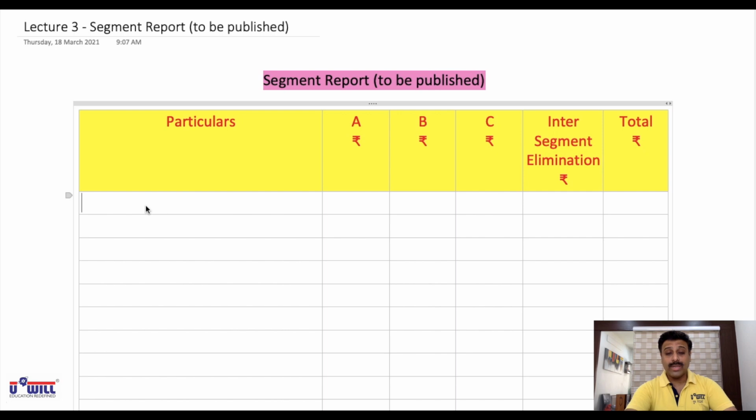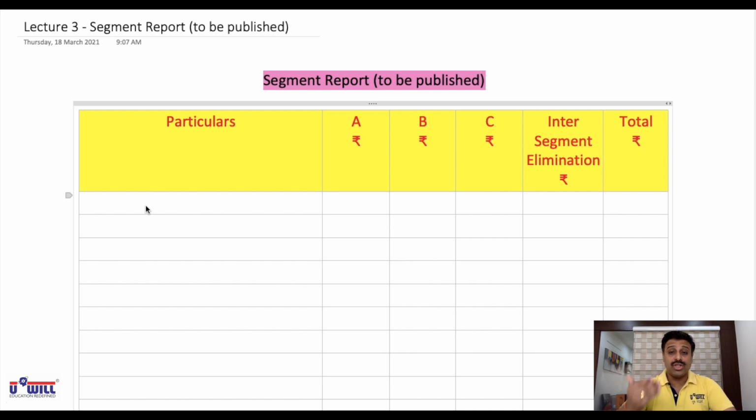I hope all of you are done with it. Now be attentive how to make a segment report. See, segment report means all the vital information, all the important information about the segment is to be given to the shareholders. So if I ask you from profit and loss statement, balance sheet, what all are the important information which we may have to give to the shareholders? Then you may say revenue, income. Shareholders will be interested in knowing what is the income of each and every segment. Expenses, they'll be interested in knowing the expenses of each and every segment. Then profit, what each and every segment of the company is earning profit and which segment is incurring loss if at all.